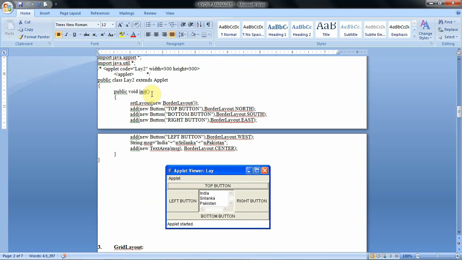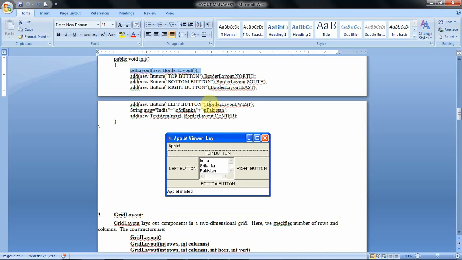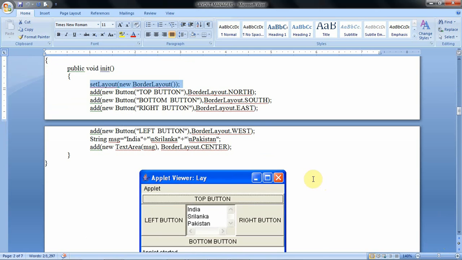Then we write one example program. Here first we set the border layout manager by using setLayout. Then we add a new button with the caption top button.